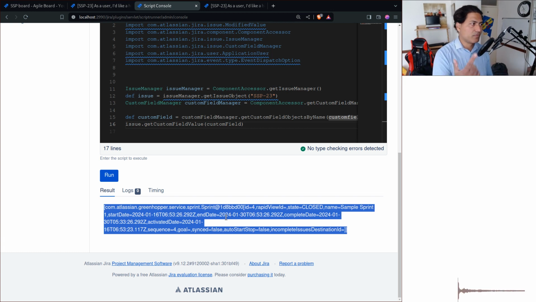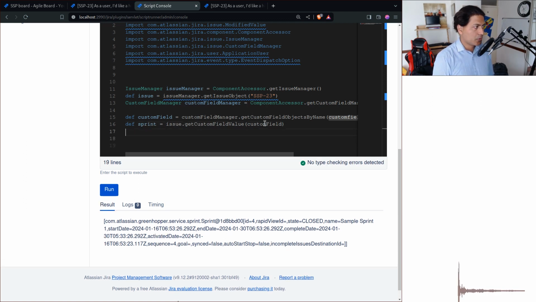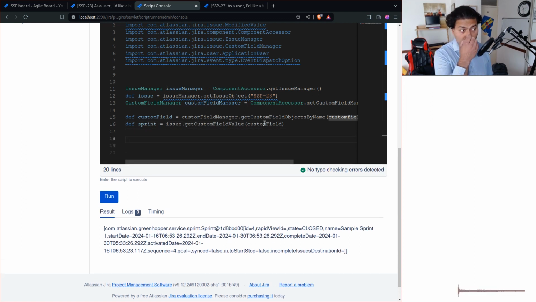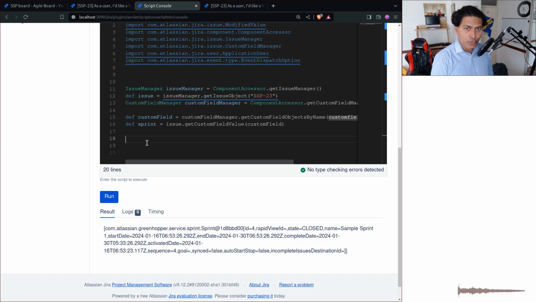So it won't be just one value. Now basically this is your sprint, right? And let us say define sprint is equal to this. Now what we want to do is we want to now see what we can retrieve from this. So if you do something like, and by the way, you can already see here that there is a state which is closed. So when you do something like sprint